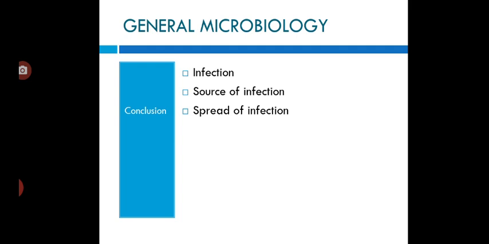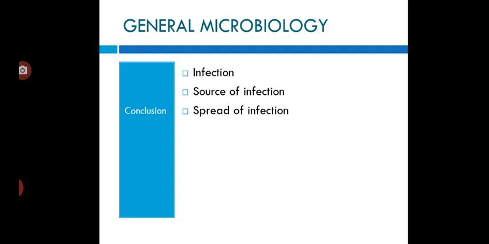Next is soil or water. When the soil or water is contaminated, or the food gets contaminated with the pathogenic organism from the patient, then from there infection can be transmitted. Those are also exogenous infection. These various types of infection from a particular source enter a person's body or spread through various modes from the source. So what are those?